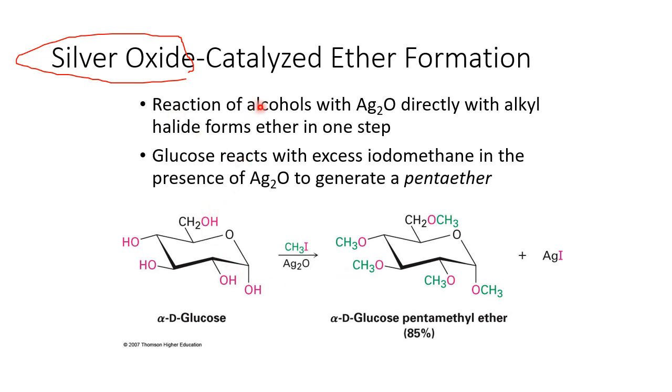So the reaction of alcohols with silver oxide with the presence of alkyl halide can give you an ether in one step, and this is very common method عشان نحضر ether from the sugars. So in this reaction we will see that the glucose reacts with excess iodomethane. لما نحكي excess معناته we're using many equivalents. يعني for each molecule of glucose we're using 5 equivalents or more even of alkyl halides اللي هو موجود هون